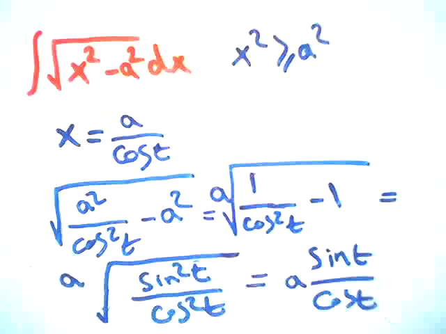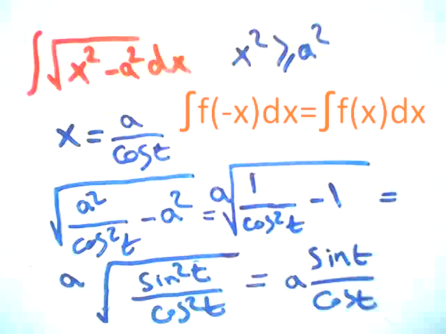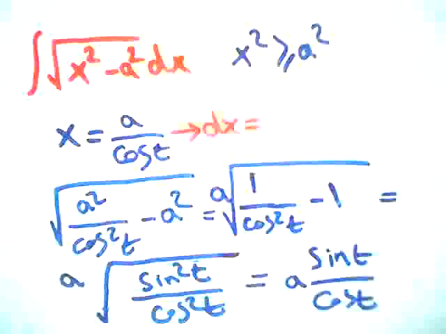But this is an even function, so its integral for the negative values of x would be its integral for the positive values of x. So here let's work with the positive x's, and the result for the negative x's would be just the result for the positive x's, and dx would be equal to this,